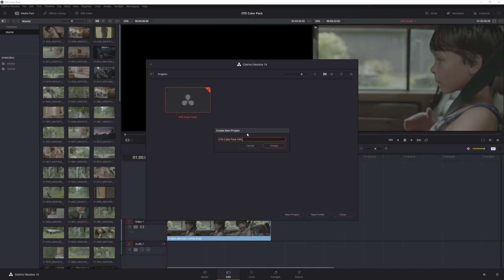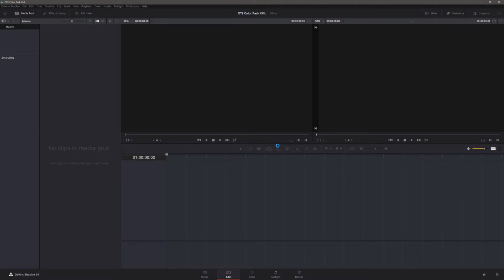XML. Okay, so it's an XML workflow just for demonstration purposes. Create that, and it's an empty timeline. Now I don't need in the same way to worry about all those settings that we did last time. There are some things I'm going to want to go into in a minute, but let's just start off by